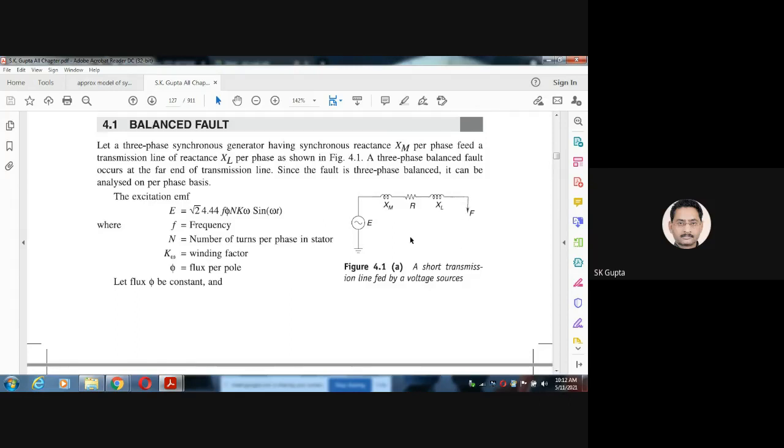So because of that, what will be the net current? If we consider the RMS value, then it is the RMS voltage divided by the total impedance. So V by Z will be the net current, and the instantaneous value of the current will be